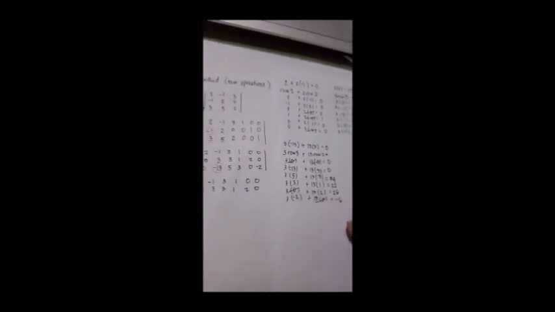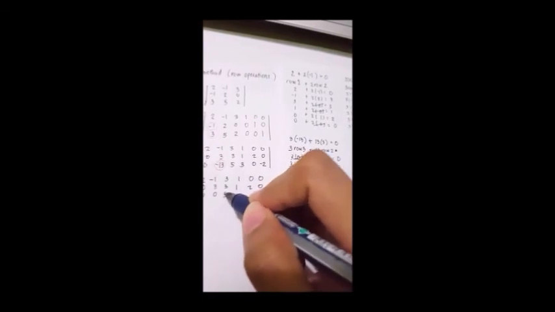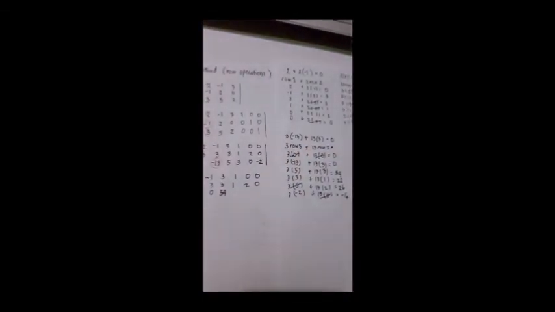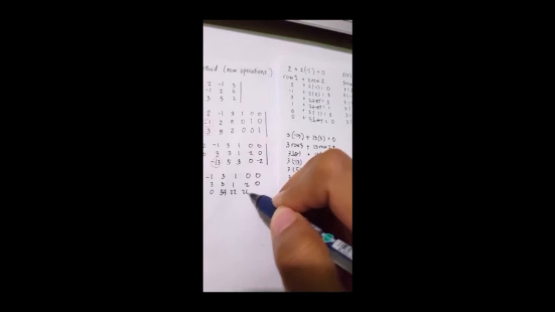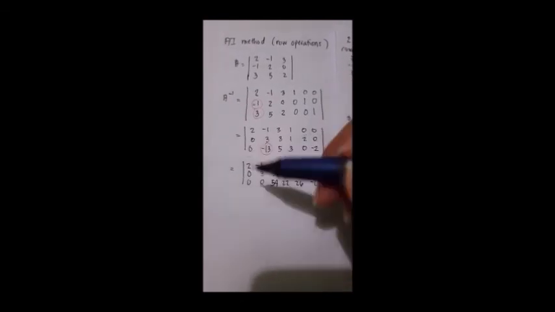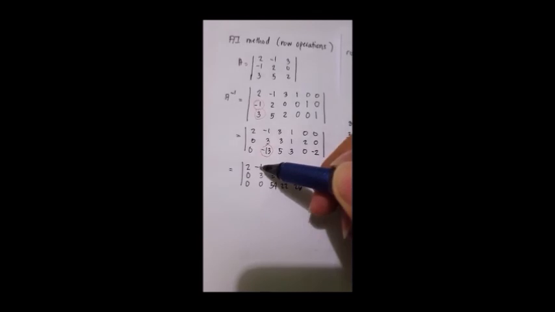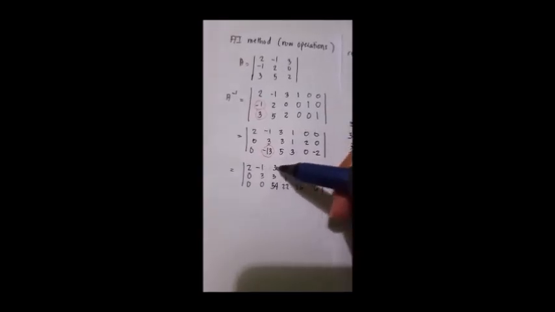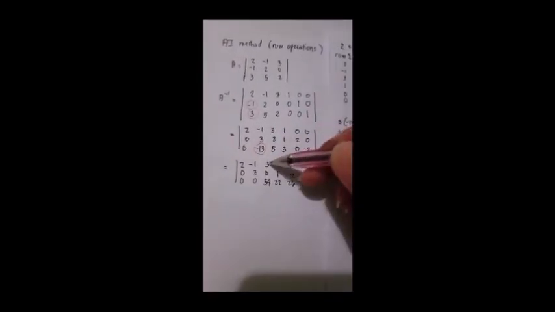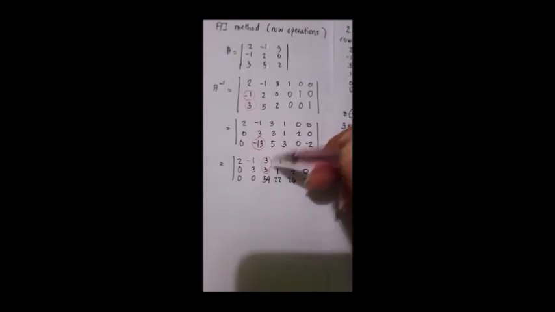So, we now have 0, 0, 54, 22, 26, and negative 6. Okay. Ayun. So, naging 0 na tong part na to. Next, etong part na to yung gagawin nating 0. So, we can start with this one. Gawin nating 0 yung dalawang yan. So, our guiding equation can be